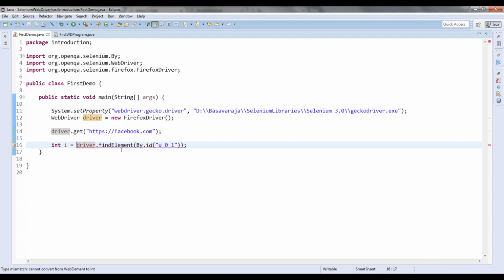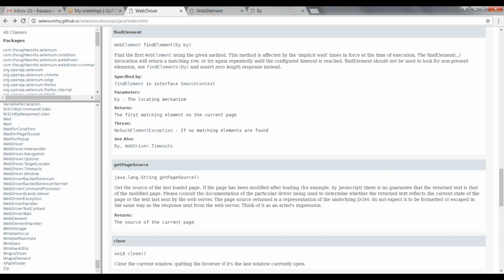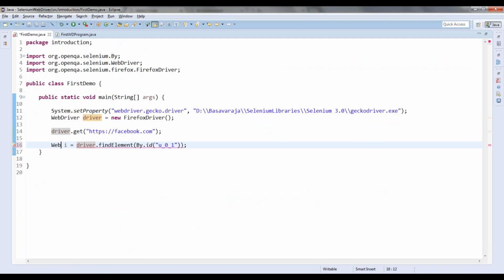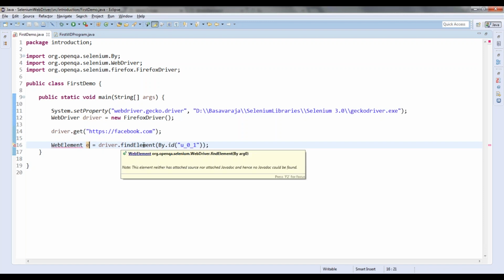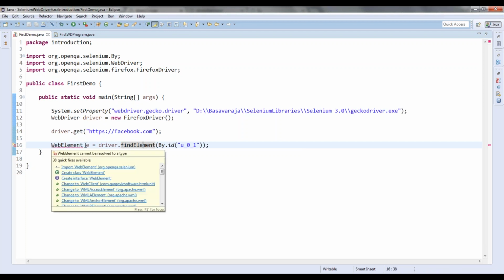Yeah. So similarly, if this find element is returning the object of web element, or usually the reference of the web element, that's why it is giving web element here. They are returning the object reference of the web element. That's why I have to store that in WebElement. Is it correct? WebElement. Am I correct here? You are understanding this? It is similar to our normal Java methods. Find element is also one method which is returning a data type of web element.